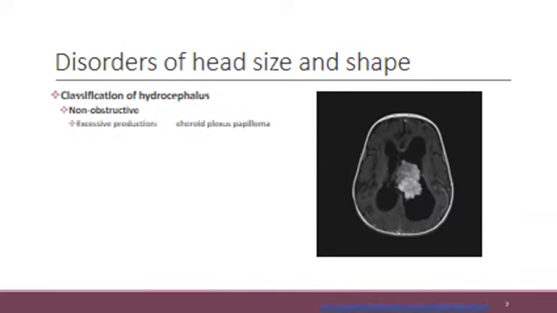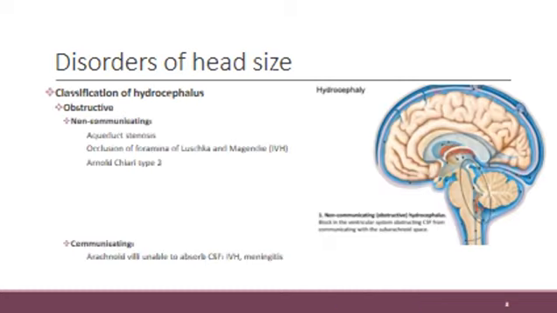In classification of hydrocephalus, there is firstly the non-obstructive form, where there is excessive production of CSF, and an example of this condition would be a choroid plexus papilloma that is just producing too much CSF, which cannot be drained effectively. In obstructive hydrocephalus, there is an obstruction to the CSF circulation, and this can be divided into non-communicating and